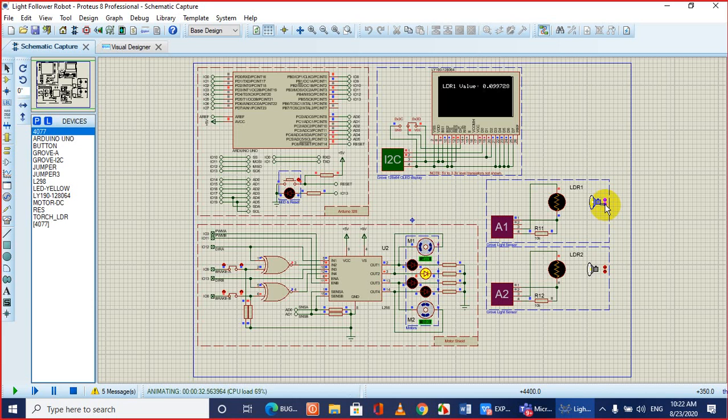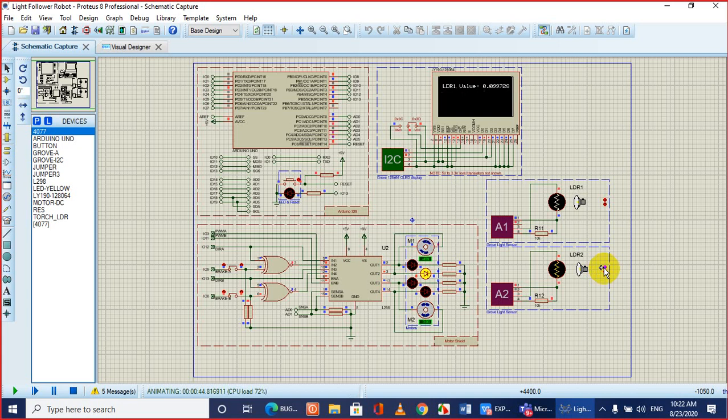LDR 1 is again less. How can we increase it? Let me see. Look at over here.